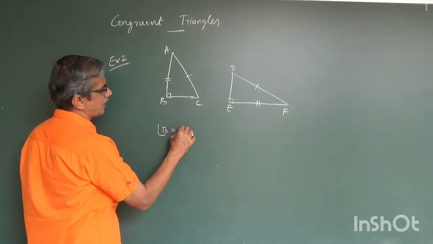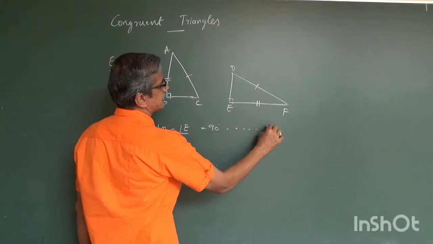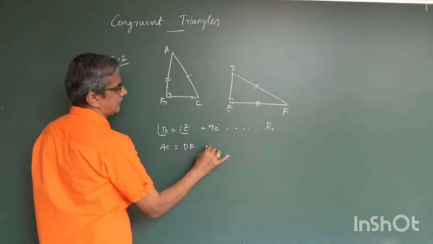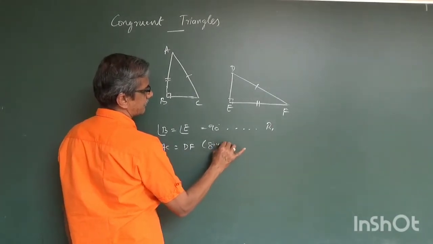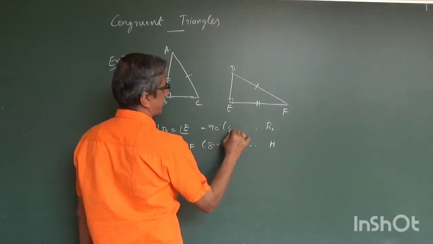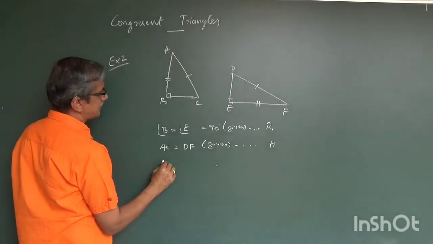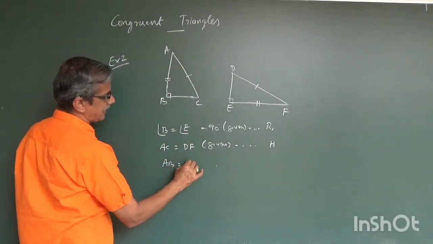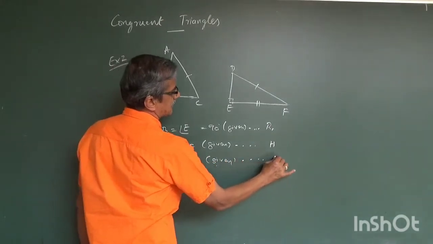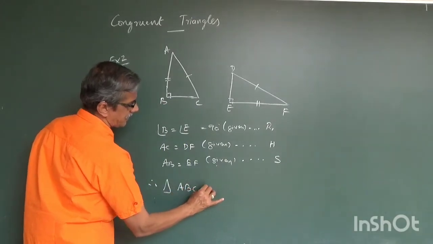Angle B is equal to angle E, 90 degrees. This is the right angle. And then AC is equal to DF, given. This is also given. This is the hypotenuse. Then AB is equal to EF. This is also given in the problem. Side. Therefore, triangle ABC is congruent to